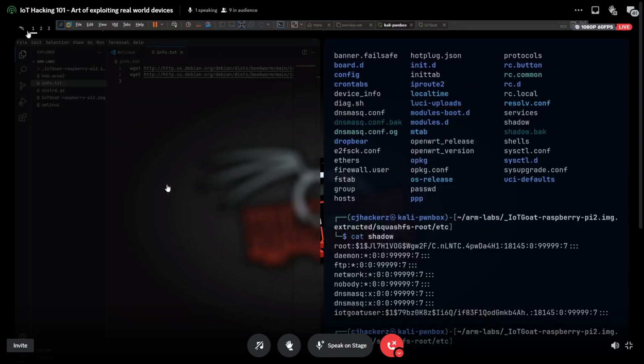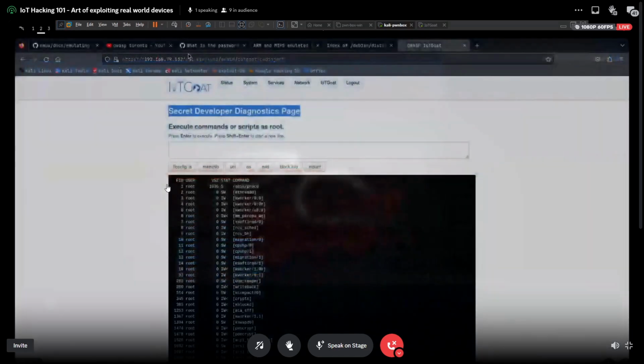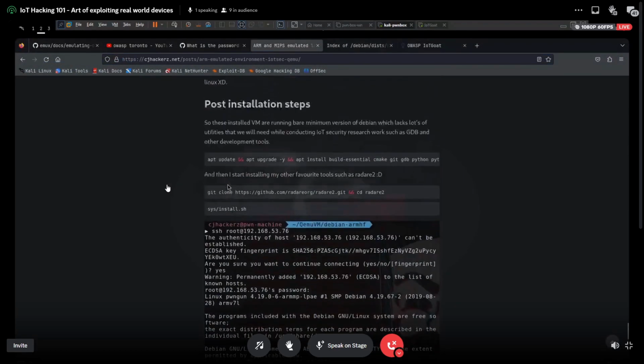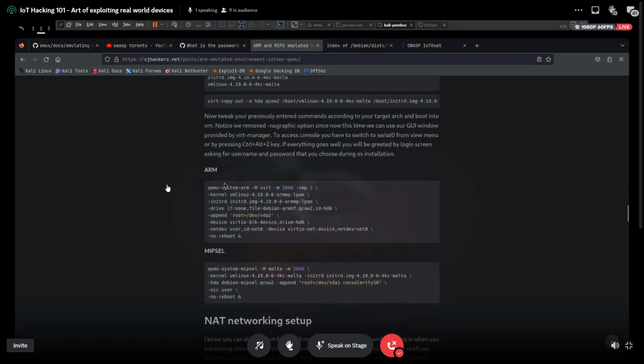While this goes on, let me boot up that thingy. This is already ready. So the last step would be to copy this file.